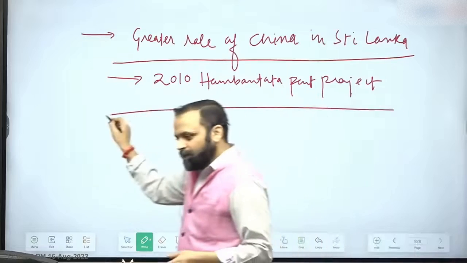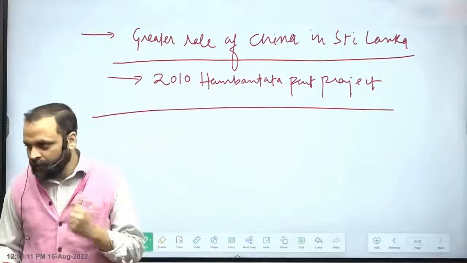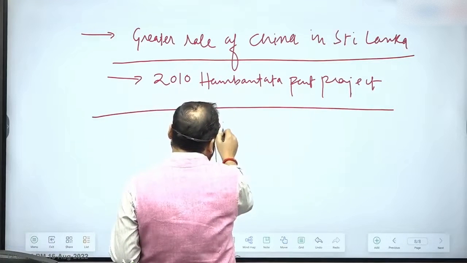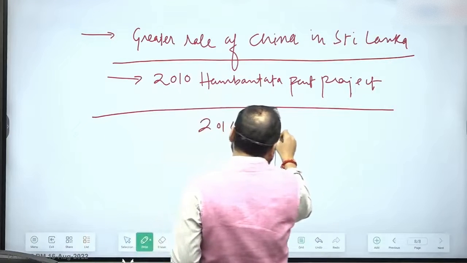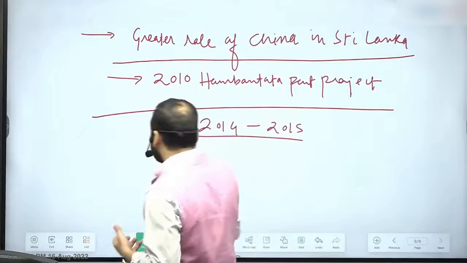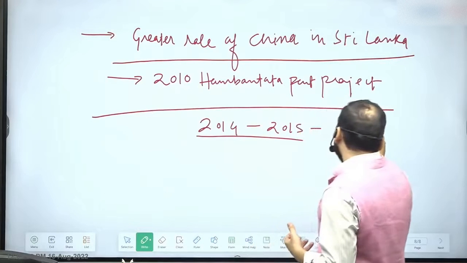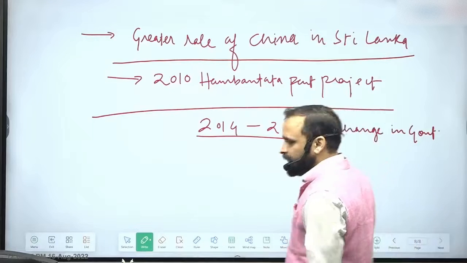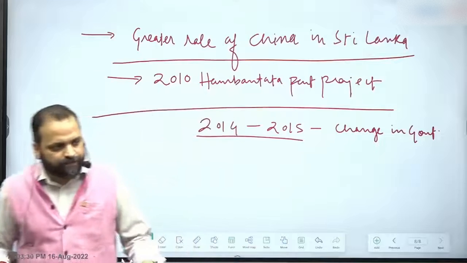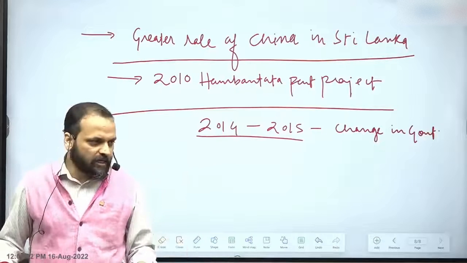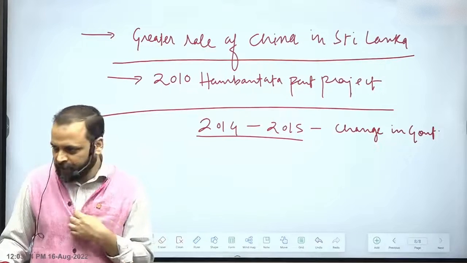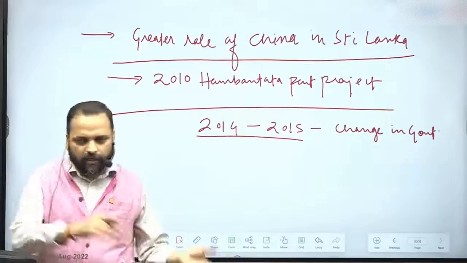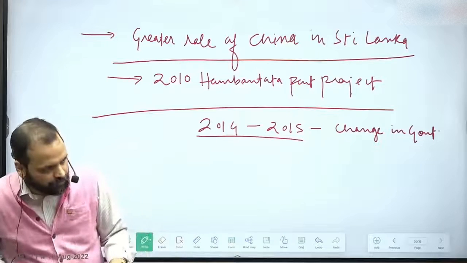कुछ भी पत्थर पे नहीं लिखा हुआ है, पत्थर पे लकीर नहीं खींची हुई है. So the change happened. How did the change happen? In 2014, the government in India changed. In 2015, the government in Sri Lanka changed. Change in government. So then, what would you see? Mahinda Rajapaksa was defeated in Sri Lanka. Maithripala Sirisena became the president. And in India, the UPA government was voted out and the NDA government came into power.